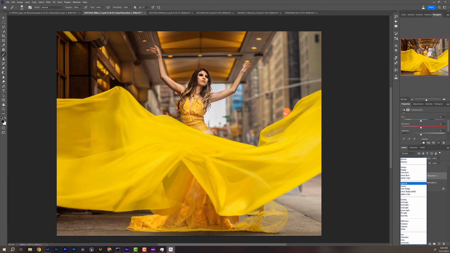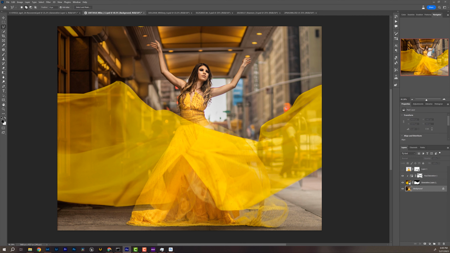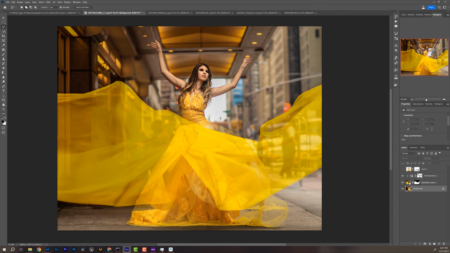After looking at this image here, you could already see the possibilities. You could have fabric coming here, here, here, and really create an image different from what it originally was. Now that we're able to layer it and do all kinds of stuff, the possibilities are becoming endless. They already were endless with Photoshop to begin with, but now they're just becoming outrageous.